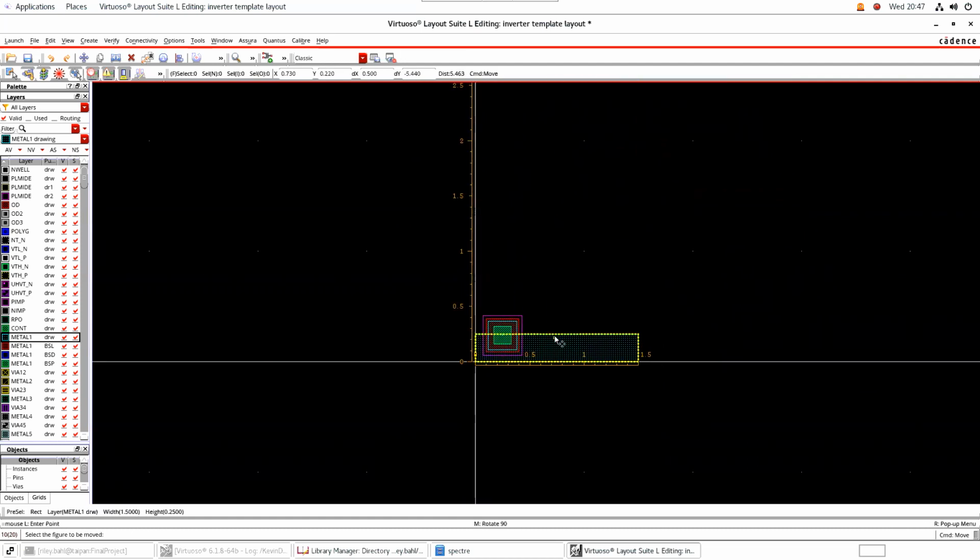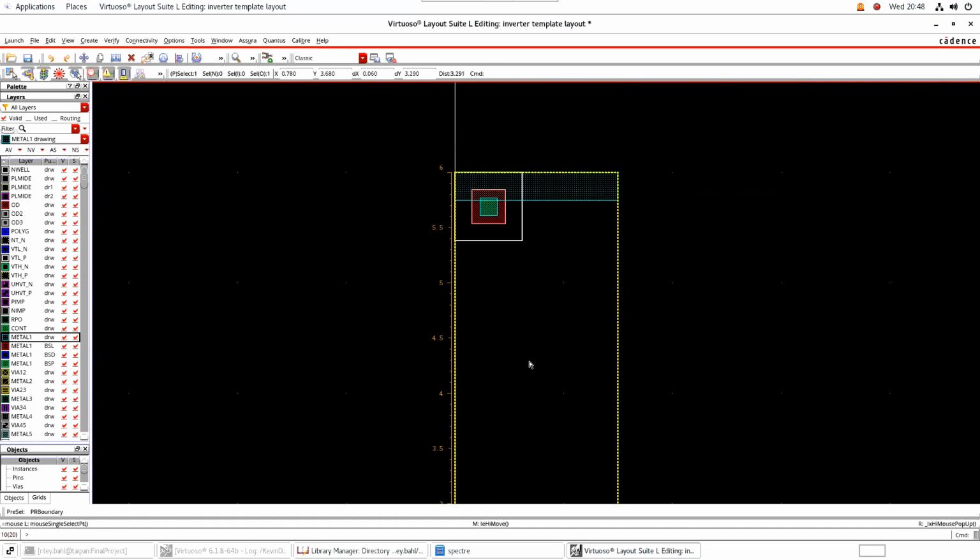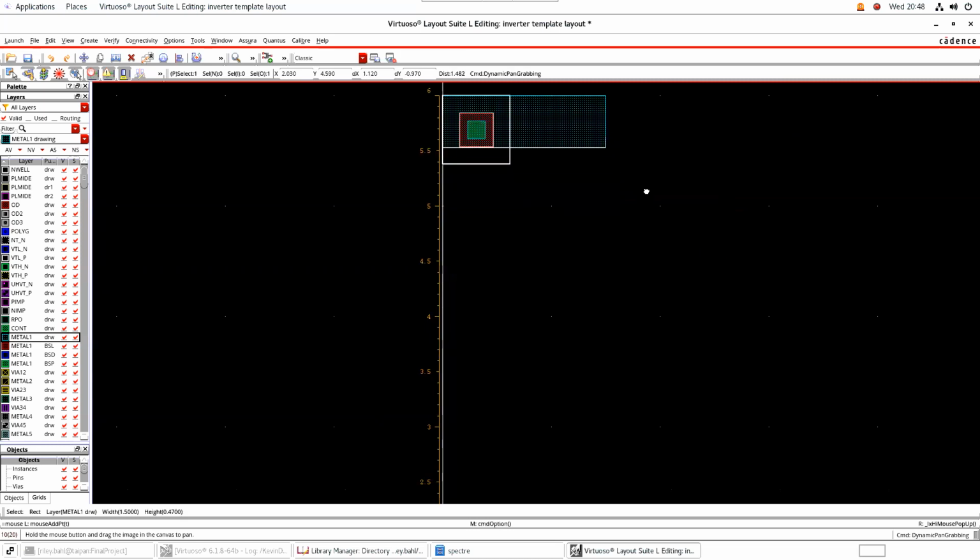We can make sure our partial select tool is on. We'll have the blue there. And we can expand this to fully cover that. Additionally, we can expand this to fully cover this. Now, the reason why we make a template is because when you're doing a standard cell